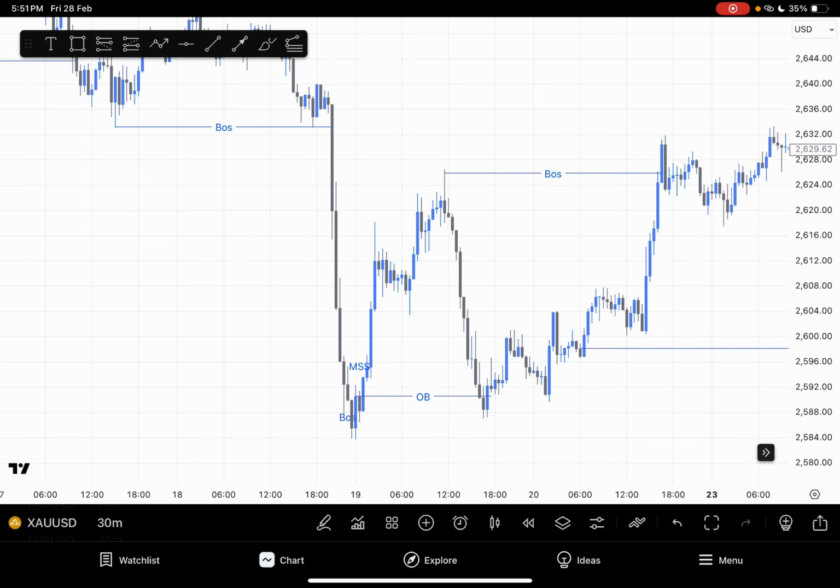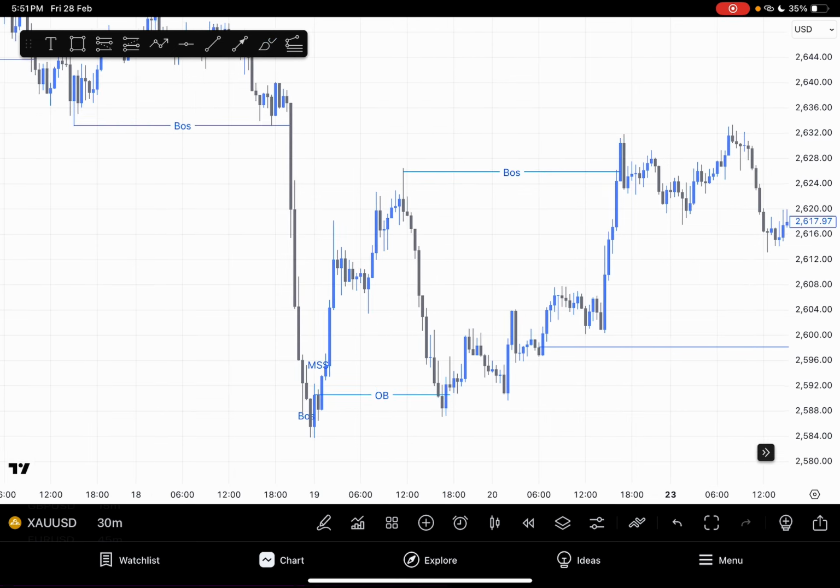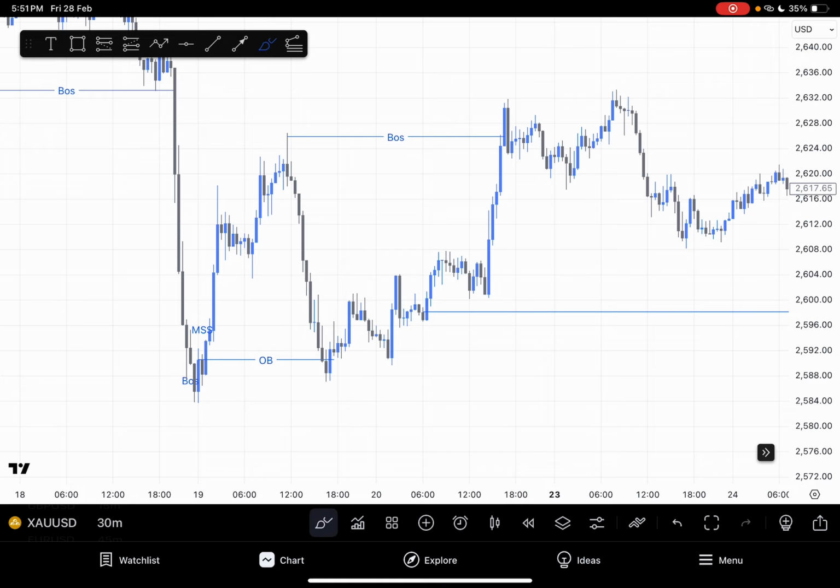So you see, after the retest on the OB, price came for this buy side liquidity. Each time price retests the OB or breaker block, it must always take out the previous high liquidity. That's why you see price always comes back for the OB. See this point here. If you trace it back,